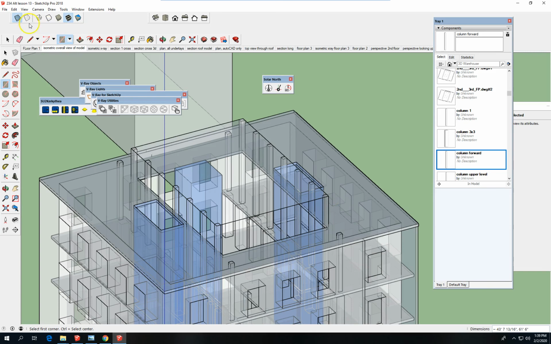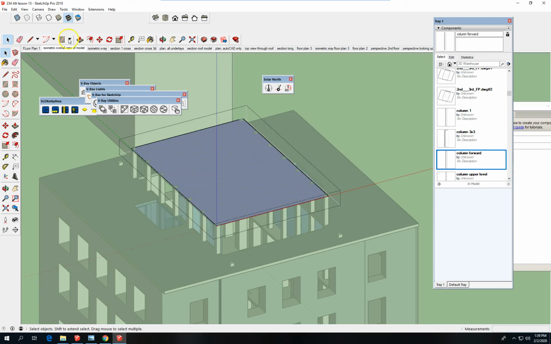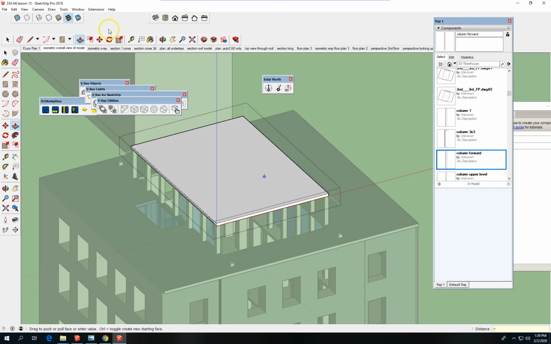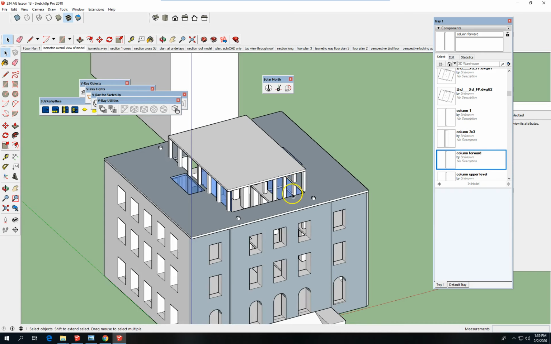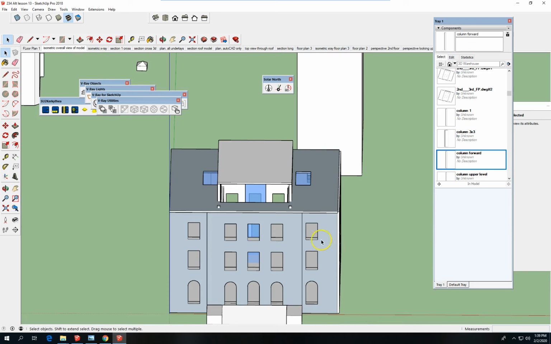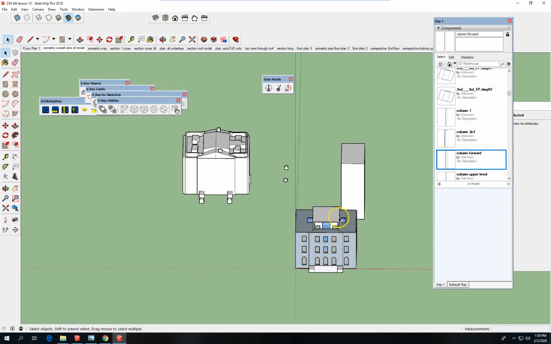So we have a shape. I double click that and make that a group. So when I modify this, let's just give it a provisional thickness of 12 and close it. So that's our upper roof, if you will. It's obscured by this pediment and some other